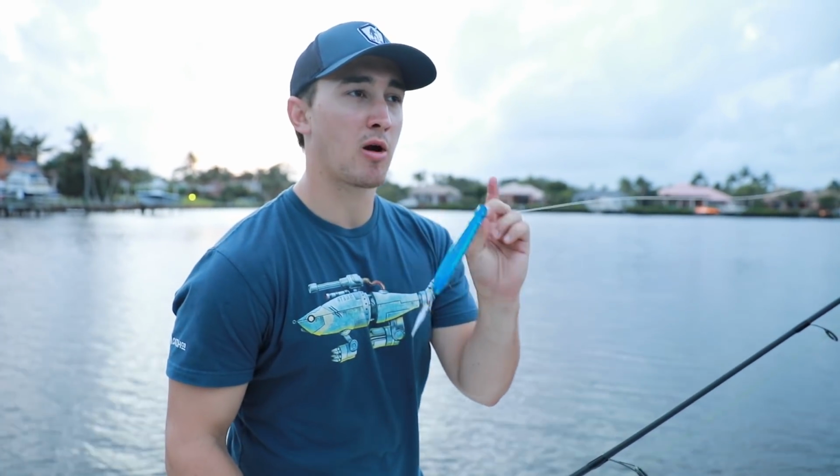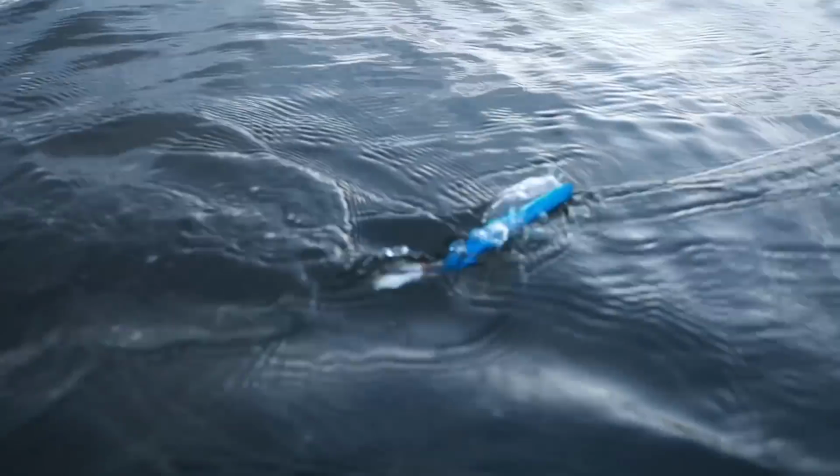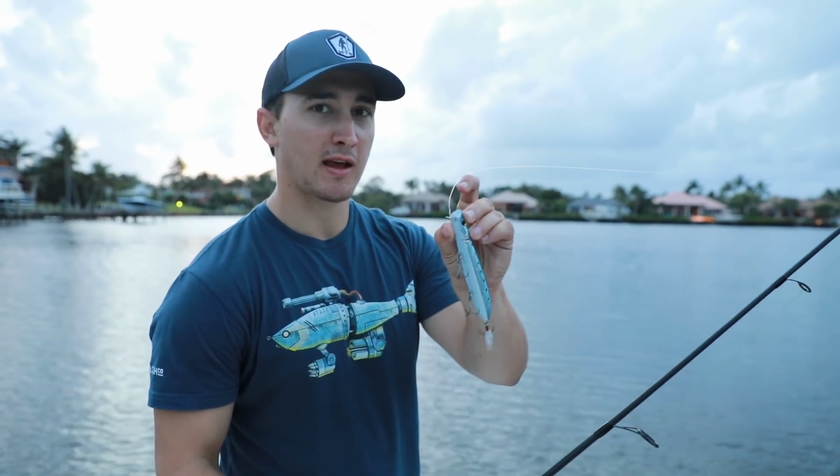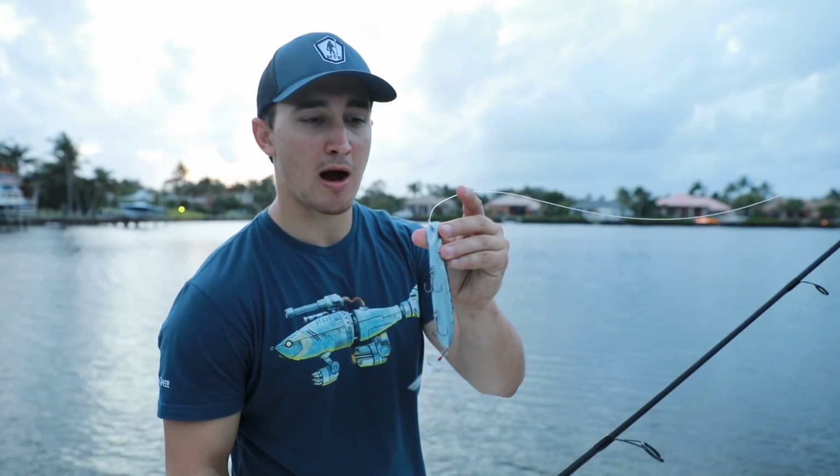Now this is a perfect bait for an afternoon or a morning session. I love to throw top waters in low light conditions. That's where you have your best luck. And baits like this, it's almost like a stick bait, I'd call it. It's almost half of a popper, and they are great for tarpon, jack, bluefish,